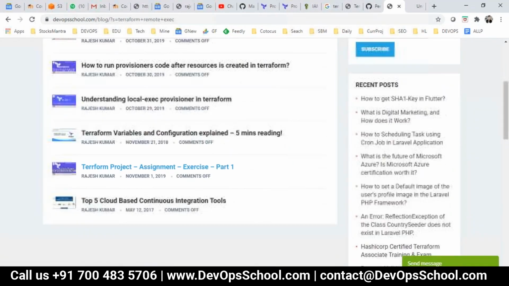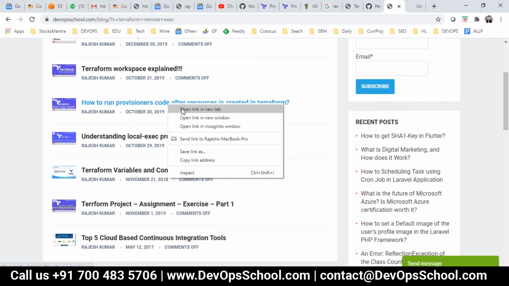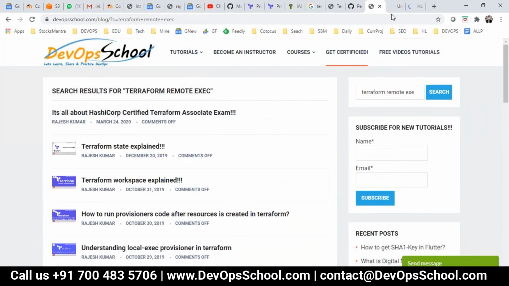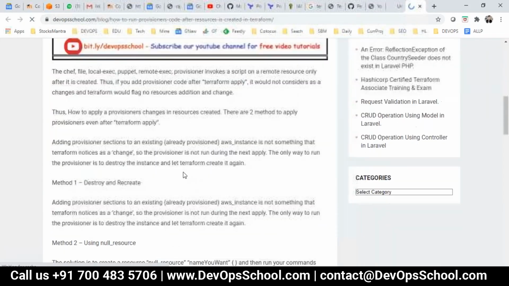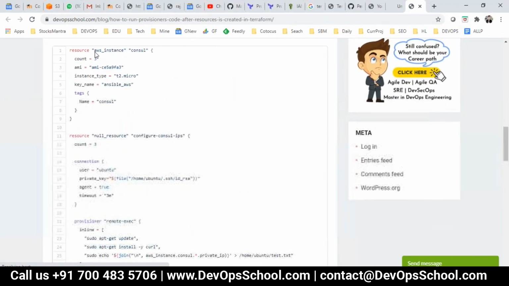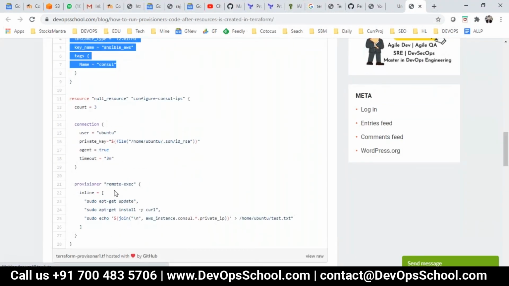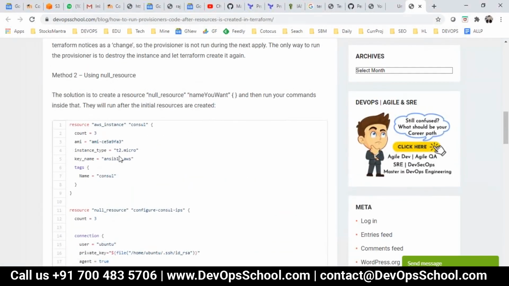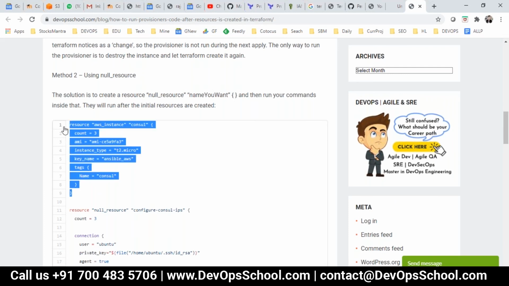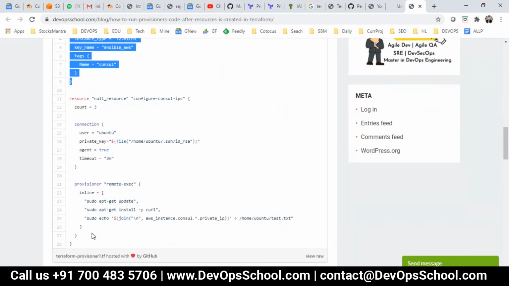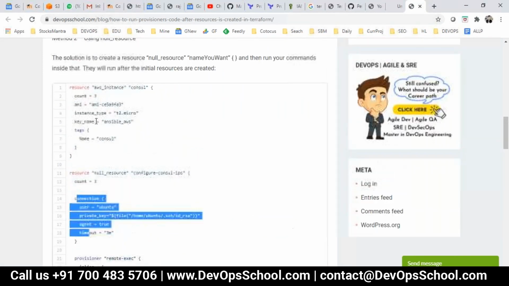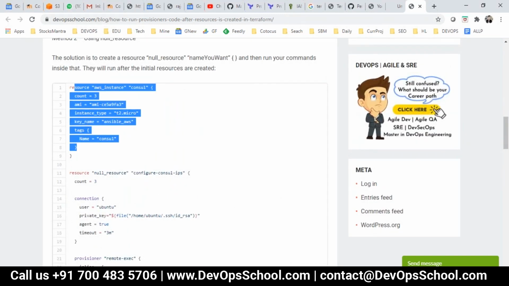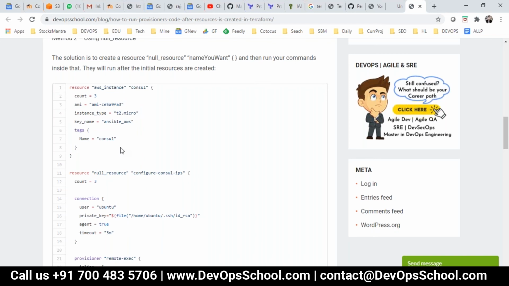Local exec is here. This is a remote exec. Look at this here. Code directly hits this. This is the one EC2 instance you are creating, and you are doing the remote exec. You must be wondering why I'm keeping a separate one. So see what happens. You created an instance here. Think about it logically. After that, if you keep the remote exec with the connections inside this one, what will happen? You change a little bit of this logic here. So every time it will destroy and recreate the instance. That is a cost for you.